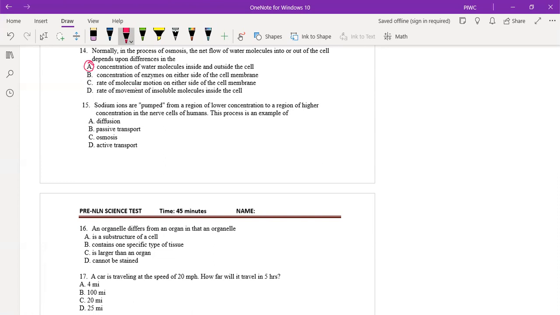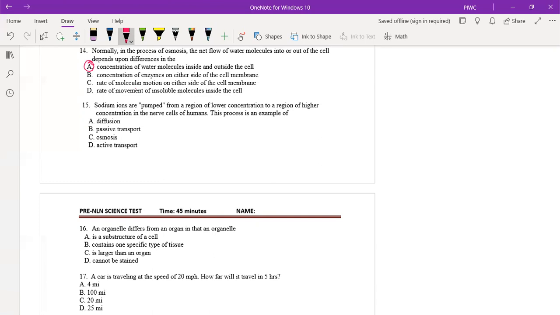So more molecules of water on one side than the other side, or you have a concentration of like salts, more salt on one side than the other side. Yeah. That's a good reasoning. Okay. All right. So number 15. Sodium ions are pumped from one region of the lower concentration to a region of higher concentration in the nerve cells of human beings. This process is an example of,